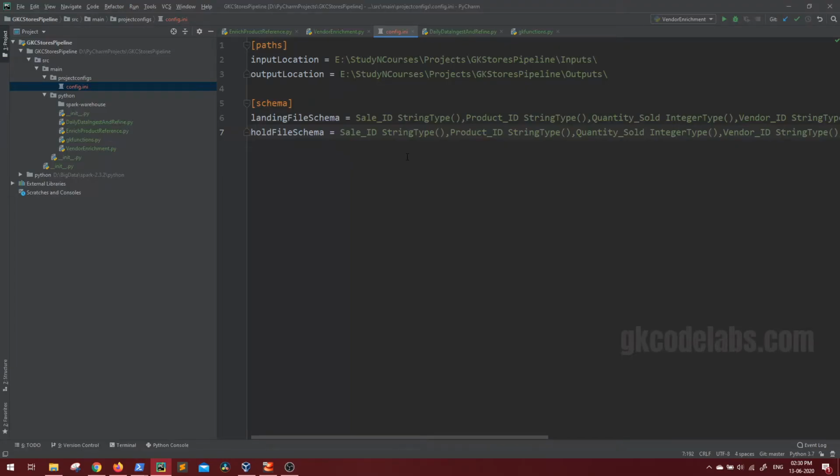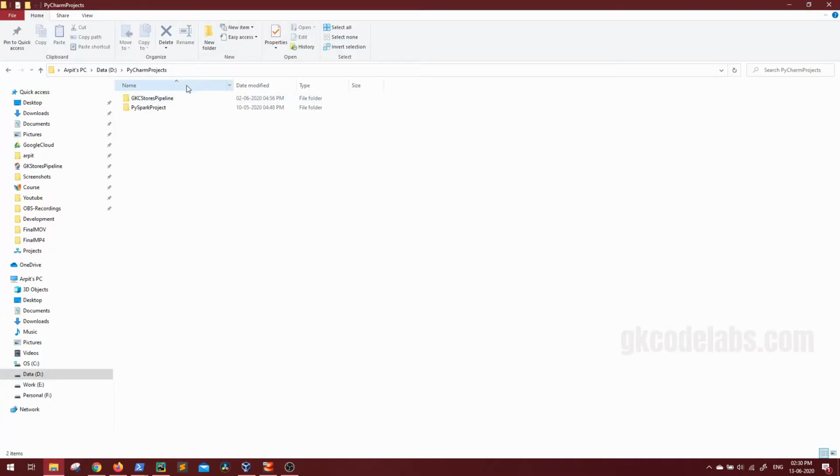Then as this is the first time setup of this project, we also have to ensure that we have all the input and output directories as well. Because let's suppose this is the first day when we are going to deploy our GKC stores pipeline onto our production cluster. At that point of time, the input and output directories, all the data that business is giving, that is not going to exist, right? So what we will do, we will create the input and output location in the same format as we had here. For our entire tutorial, you have seen we have one input file, we have all these folders, then we have output directories with all these folders, enriched, hold and valid.